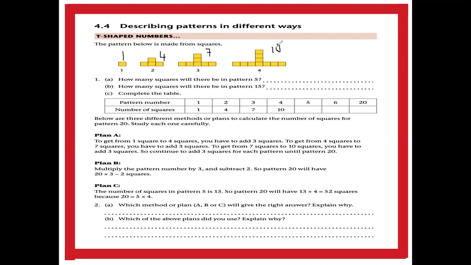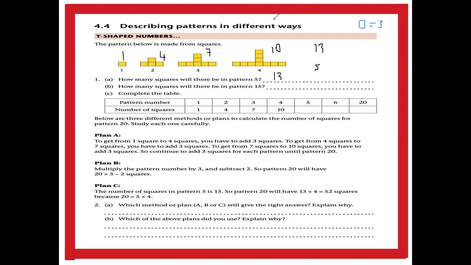So it looks like we're going up in threes between 1 and 4, 4 and 7, and 7 and 10. So I would say the next one is 13 for the fifth one. So it'll be 13 squares in pattern 5. And then for pattern 15, we'd have to find a generalization. So the differences, so if we get our color pen and we say D is equal to 3,